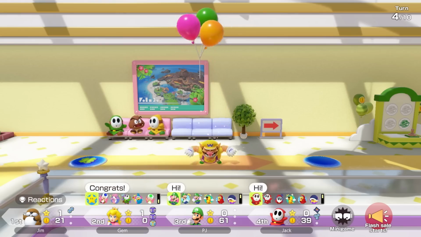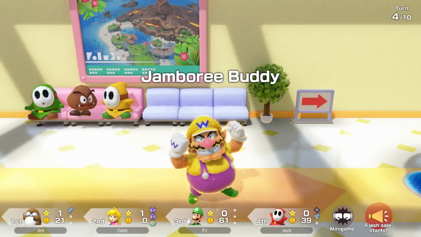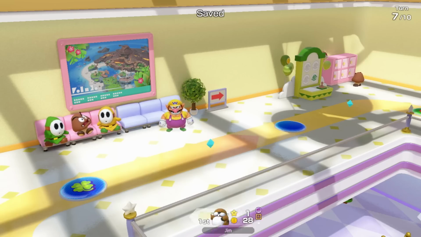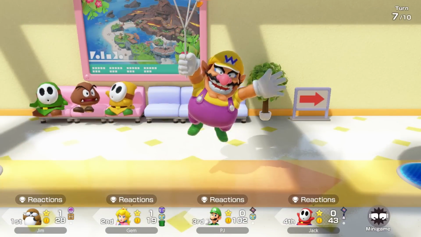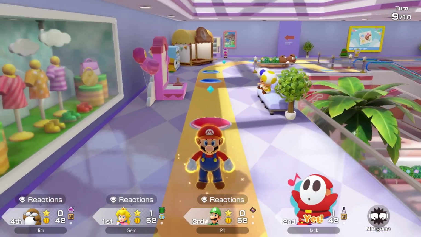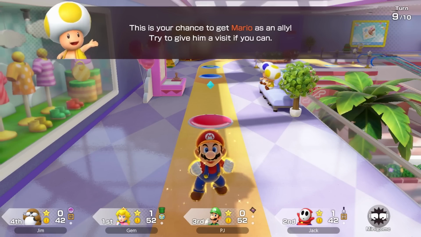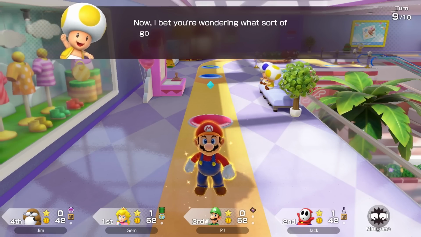Wario flew down in turn 4, so quite early in the 10-turn game, but we did not manage to get there, and if you don't get there after 3 turns, they just fly away, as you can see here. A turn later, Mario then came down, and we didn't get to him either, so really, I don't think it's the biggest issue, but what they do bring to the table outside of their unique power-up is that you can